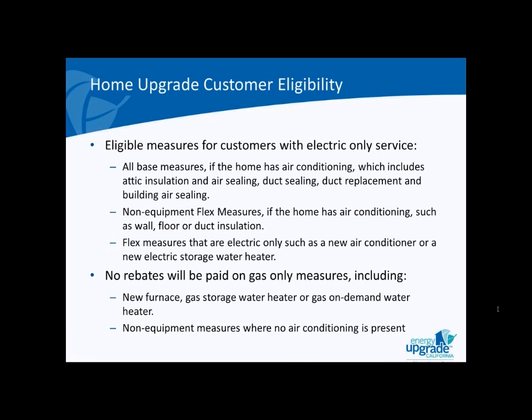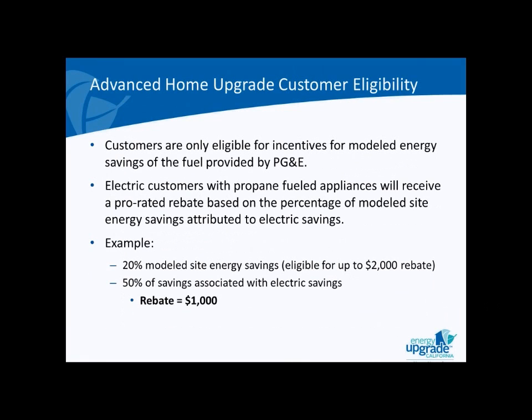Moving on to slide 8 to talk about the advanced home upgrade customer eligibility. So this one's a little bit different, and for those of you who are familiar with working in areas where PG&E only provides gas service, such as Sacramento, it's a pretty similar process, although opposite, because it's only for electric service. So for advanced home upgrade, customers are eligible for incentives for the energy savings of the fuel provided by PG&E, in this case electric, and we'll do a prorated rebate based on a percentage of modeled site energy savings